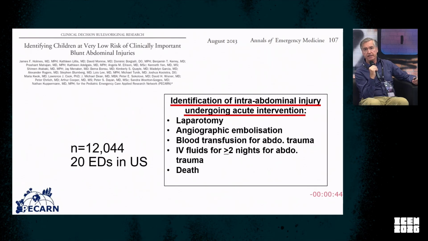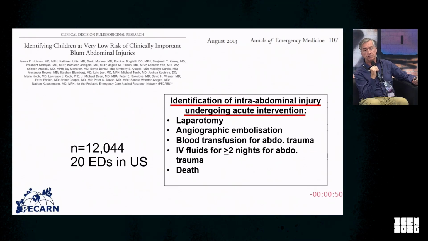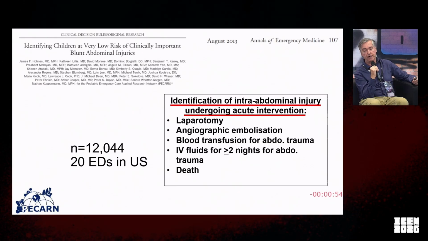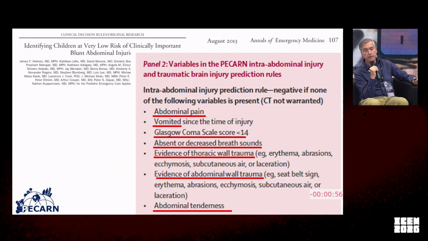or an injury that had no consequence. They wanted to find intra-abdominal injury undergoing acute intervention, so laparotomy, embolization, blood transfusion, IV fluids for more than 2 nights, or death. And what they found as the markers was,